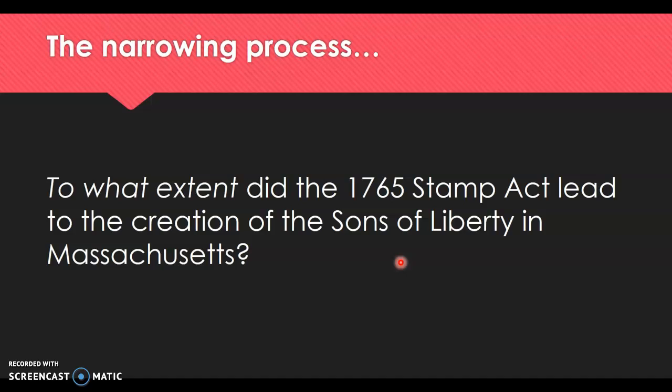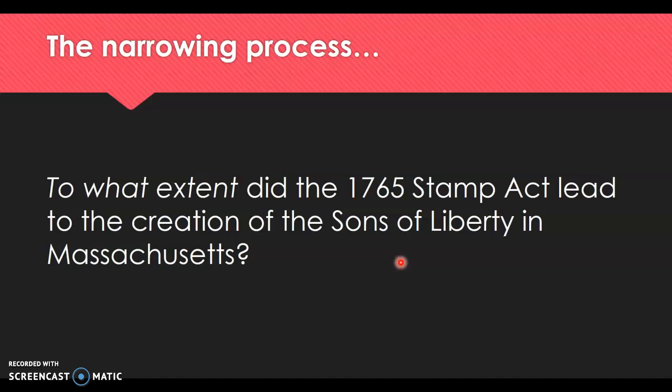It's just like way too big. If we wanted to look at some of the more immediate effects of the Stamp Act, we could look at how much it creates a reaction in places like Boston, Massachusetts, that actually leads to action, that in some ways is going to shape the conversation about the Revolutionary War, or at least about forming the patriots' point of view. So with this question, I have, how much did the Stamp Act lead to the creation of the Sons